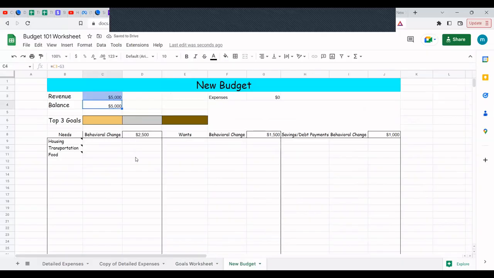Now the form automatically calculates some parameters for your spending. So this is your needs. So I have our main three here. And then I have little notes here that say, hey, your housing shouldn't exceed more than 30% of your take home pay. Transportation shouldn't exceed more than 20% of your take home pay. So just little guidelines here, just to help you